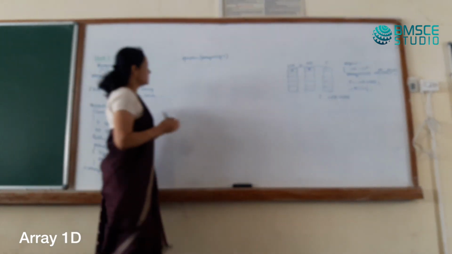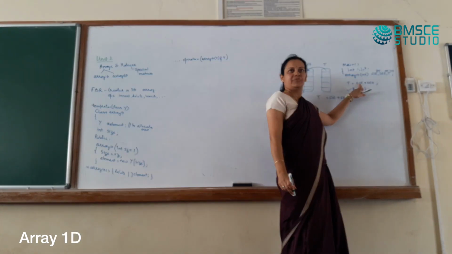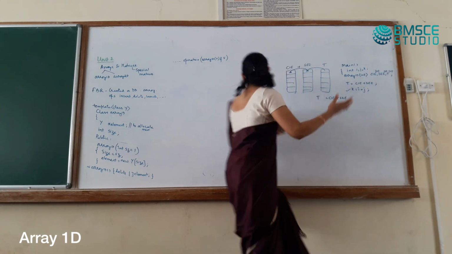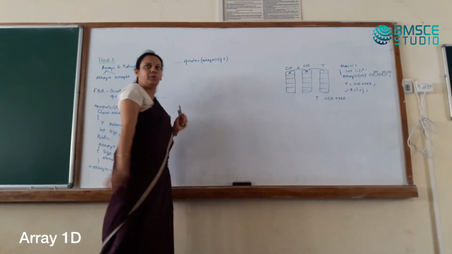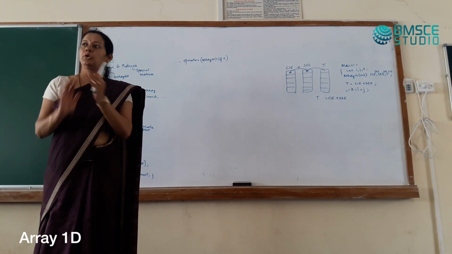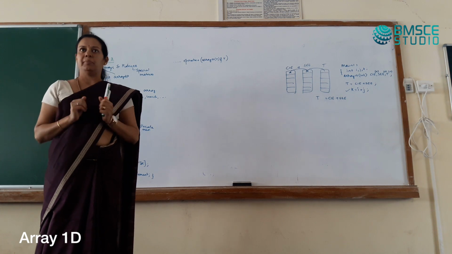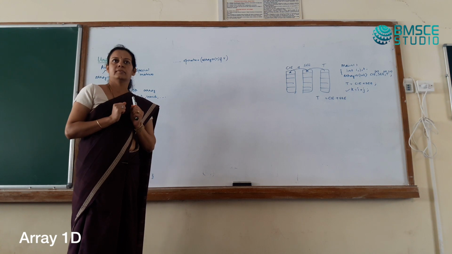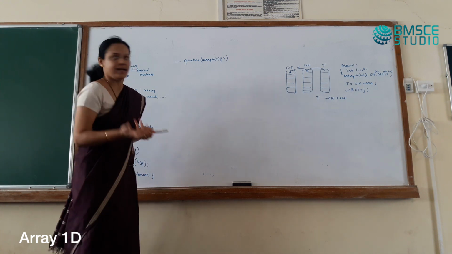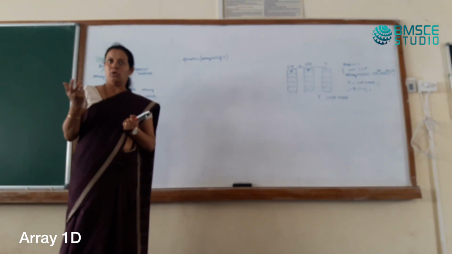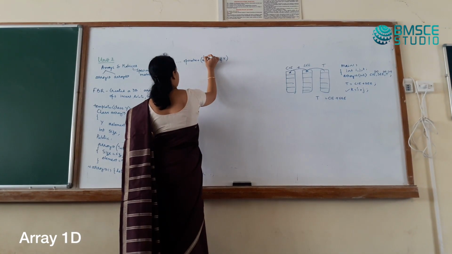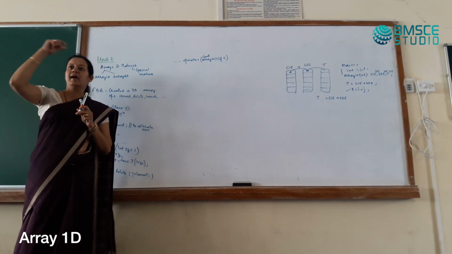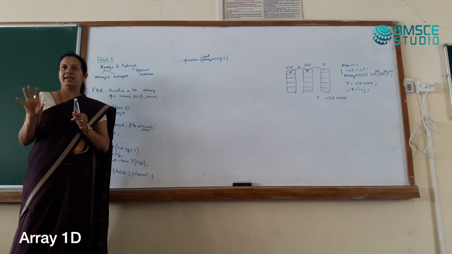Yes, because I already have a place for CIE. I already have a memory location for SEE. I don't want to make copies for something to happen here. I want everything to happen in place, in the same memory location. Could we use a constant also? Do I want CIE marks to be changed while adding? No. So we could append the constant keyword as well. Constant array 1D ampersand. Is it clear?